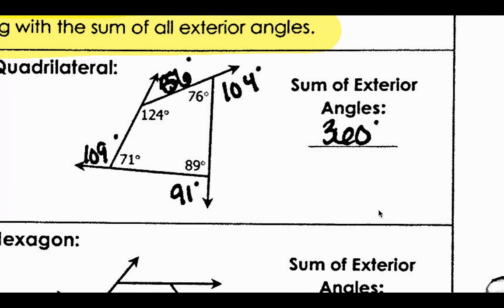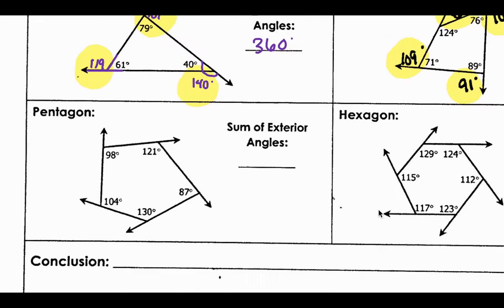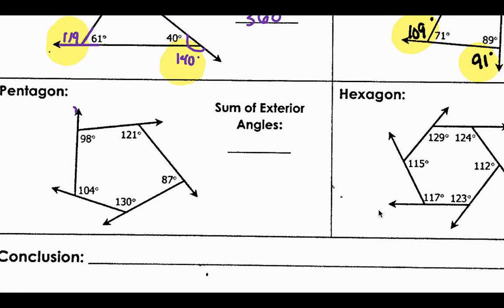Let's try this again. This one I had done for you. I found this 104, 56, 109, 91, came out to 360 degrees. Let's try our pentagon here. Here's a linear pair. This is going to give me 82. If this is 121, this is going to give me 59. If this is 87, this will be 93, 130, and 50, 104, and 76. I want the sum. Sum means add, so I'm going to add all of those values together, and I'm going to get